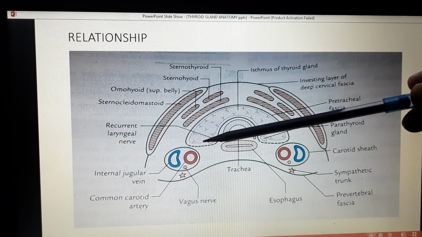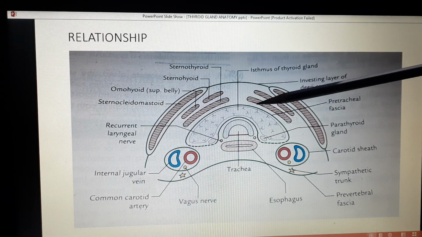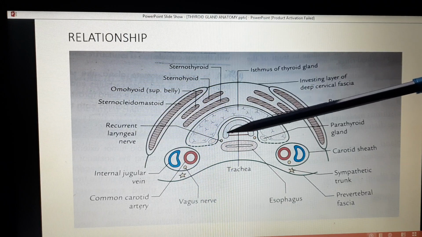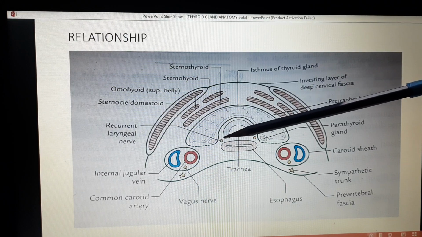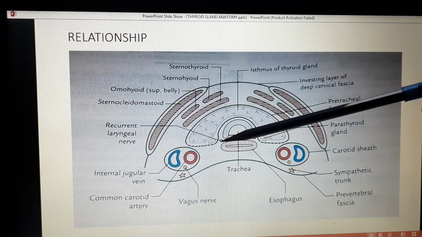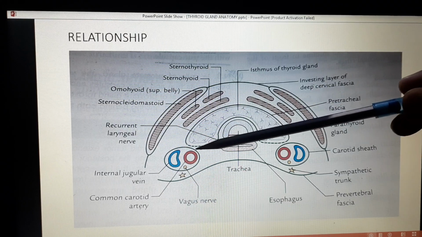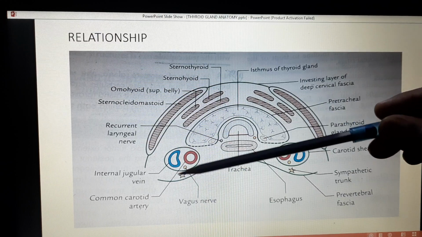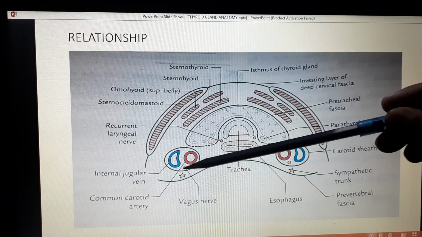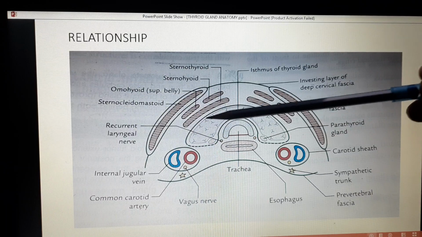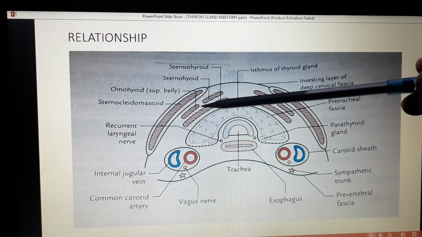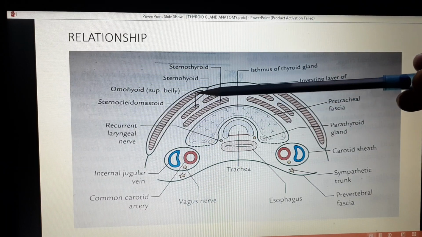This is the posterior surface, and in the lower part you can see there is a recurrent laryngeal nerve which lies between the trachea and esophagus. The posterior surface is related to the carotid sheath and its contents, and its lateral surface is covered by the infrahyoid muscles,